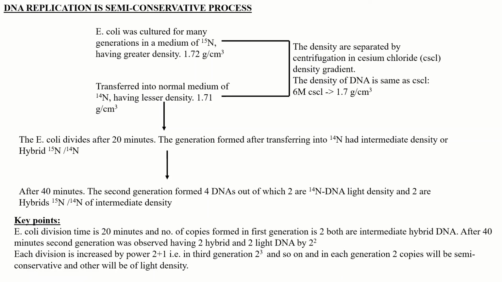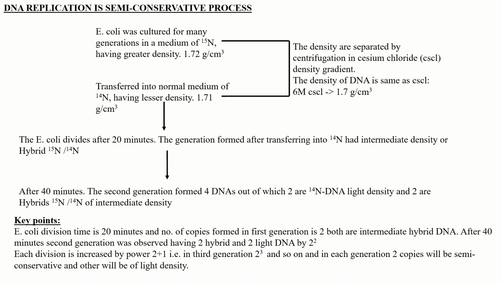Now, what actually happens? The E. coli divides after 20 minutes. So basically the division period for E. coli is 20 minutes, and the generation formed after transferring into N14. So basically for many generations the E. coli were kept in N15 and later they were transferred to N14, and for 20 minutes the first division or the first generation formed after transferring into N14, it was observed that the hybrids are formed, and the hybrid were termed as